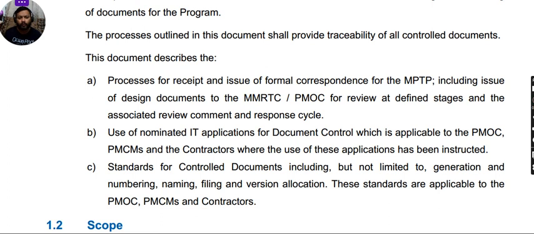And use of nominated IT applications for document control, which is applicable to the PMOC, PMCM, and the contractors, where the use of these applications has been instructed. So in document control, when contract documents are made, they are going to set one document control platform like ADMS. Suppose in the IT application clause they put in the contract that Aconex should be used during the life cycle of the project. Means everyone has